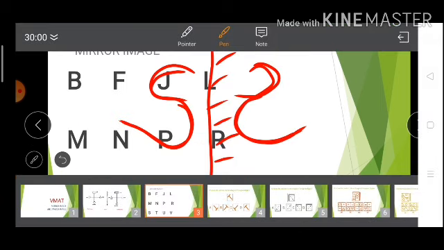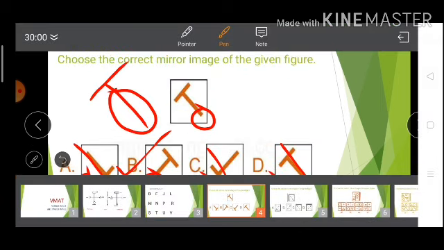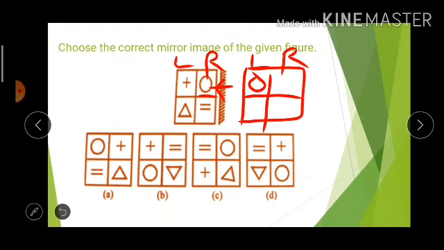Now again, as I said, it isn't important for you to make the whole answer figure. You can select one of the right answers. As you can see in these options, only one figure has the left hand top side as O. The others are plus, equal to, plus. All these images can be eliminated easily on the basis of one option only. You did not have to make the whole figure for it.